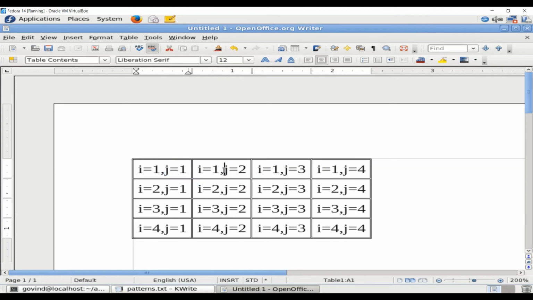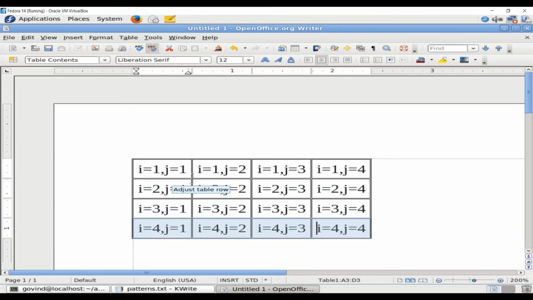Since j executes 4 times for one execution of i, you can see here in this entire row the value of i has remained the same, but the value of j has changed. So what does each row in this table represent? It represents one full execution of the inner loop for one execution of the outer loop. This repeats for the remaining values of i and j.